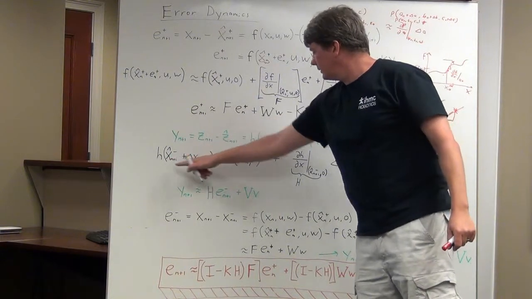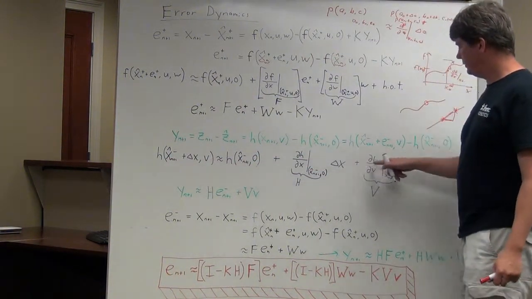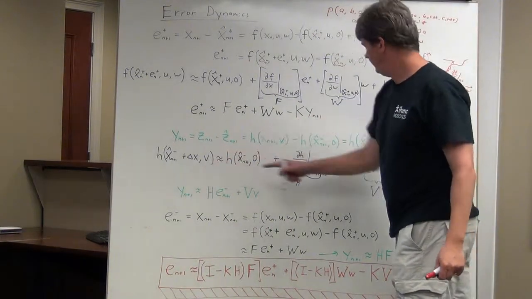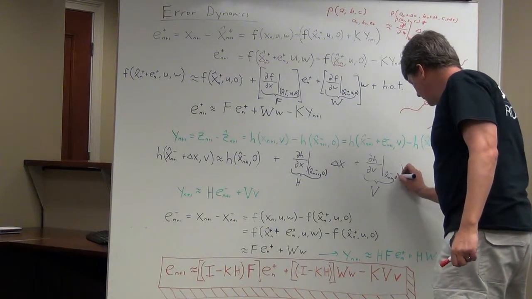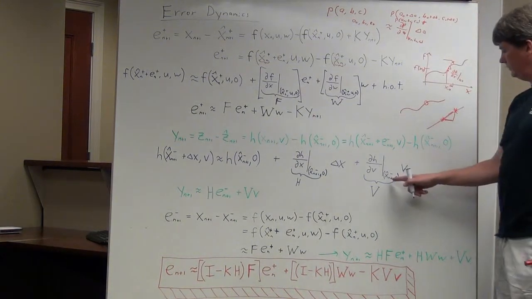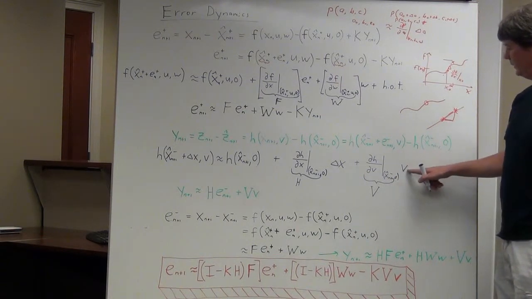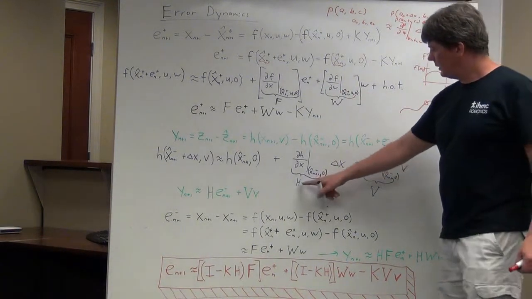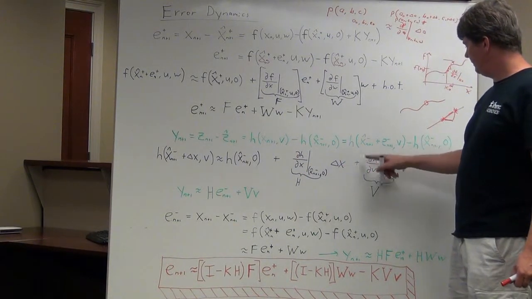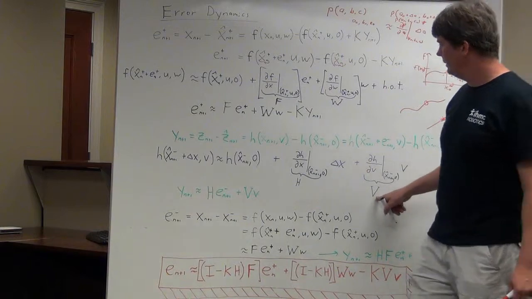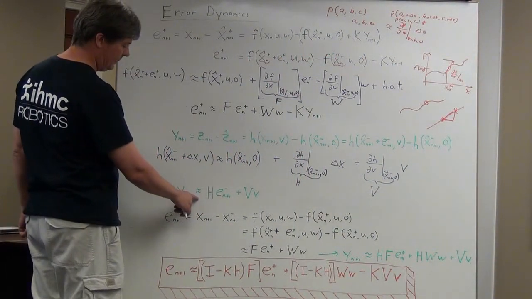Because that's what that and that is. Times delta x plus the derivative of h with respect to the second term v, evaluated at x equals x hat n plus 1 minus, v equals 0, times little v. And same as up here, we call this matrix H, and we call this matrix V, large V, so that we get y n plus 1 is approximately